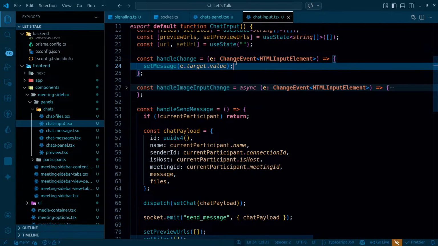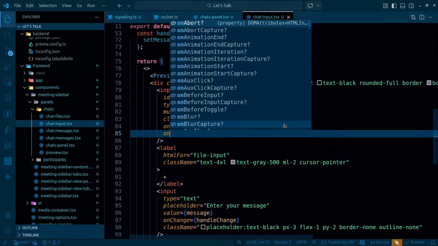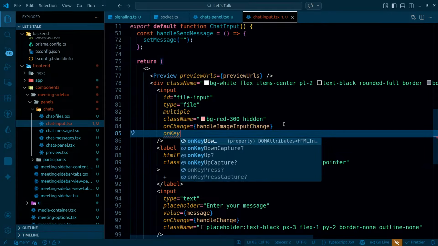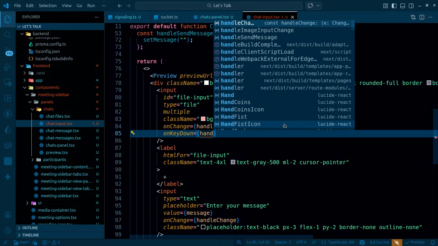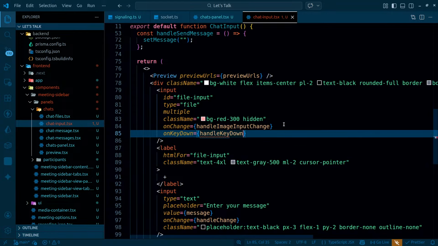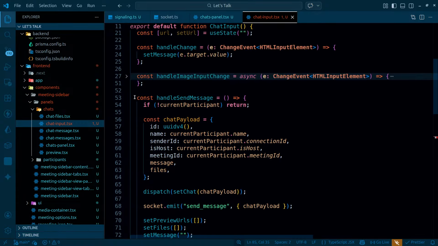I am looking for the change event, I should be looking for the key down event. So change event is here, on key down, handle key down, and I will have it here,